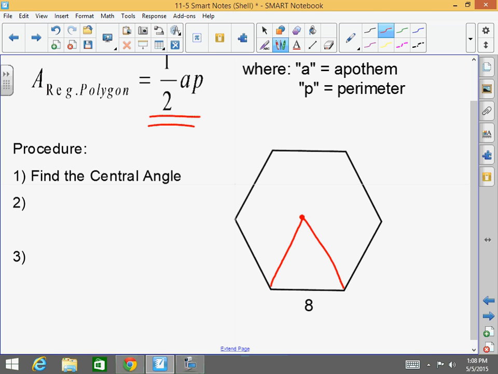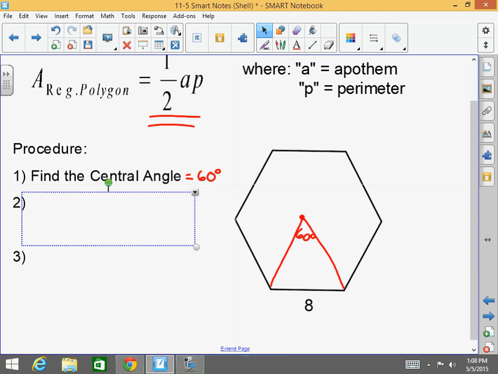And you have 1, 2, 3, 4, 5. This is a hexagon. 360 divided by 6 is 60. So 60 is my central angle. Number 2,